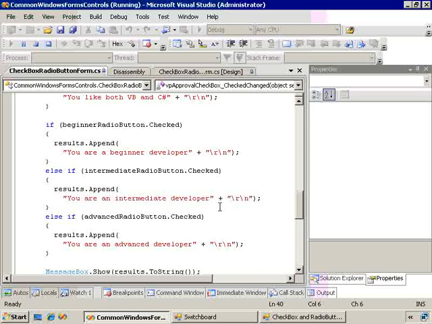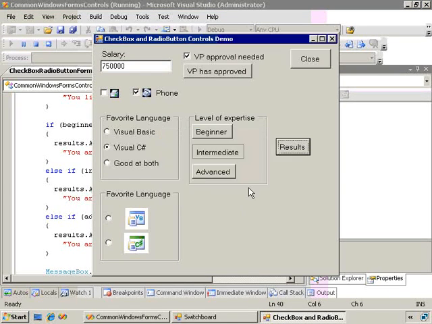The code is the same because they're just radio buttons. The only difference is that this set looks like regular radio buttons. These look like toggle buttons. But they're radio buttons, regardless. And then these buttons on the bottom, these are just regular radio buttons that display images rather than text. So what you've seen in this demo is how to control the look and feel of checkboxes and radio buttons, and then in code know when a checkbox or radio button has been selected as well as